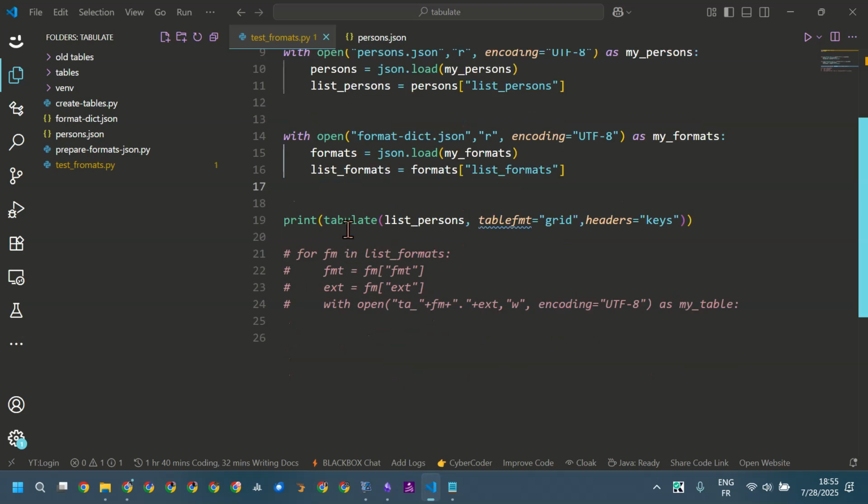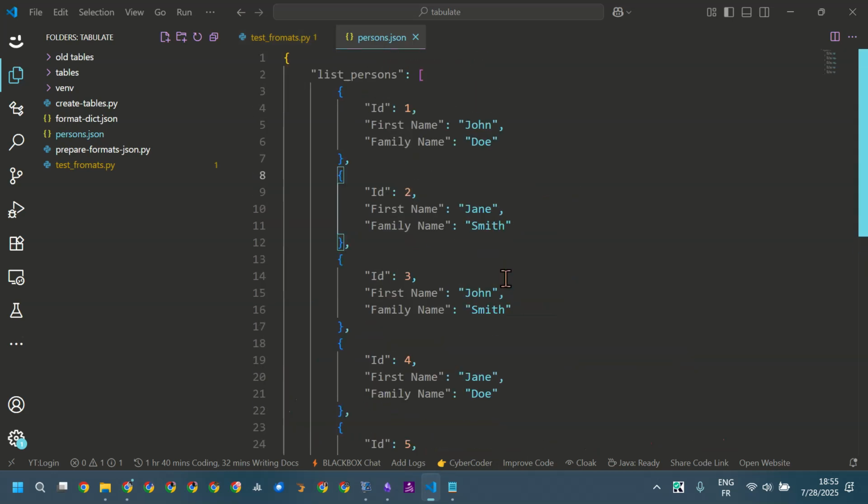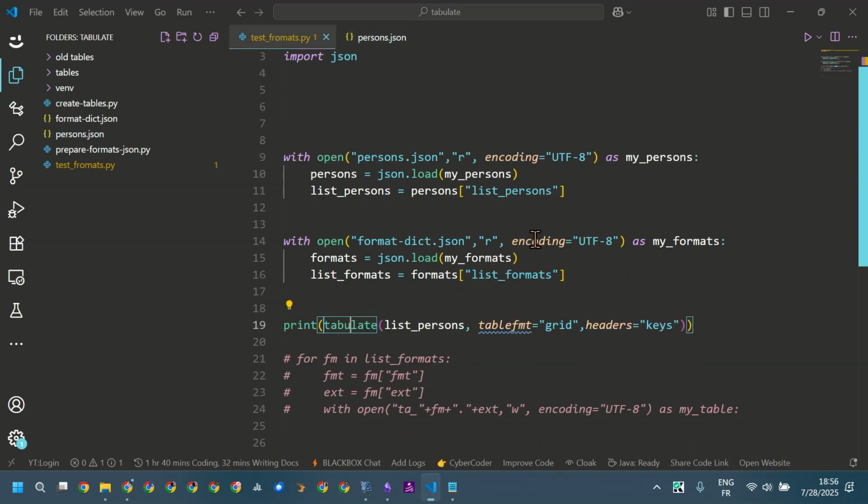And then here I'm going to simply print the content I imported from the JSON file. So the JSON is structured in this way. I have a list of dictionaries. Each dictionary has three keys, and to be able to print the values of the dictionary as a table, I